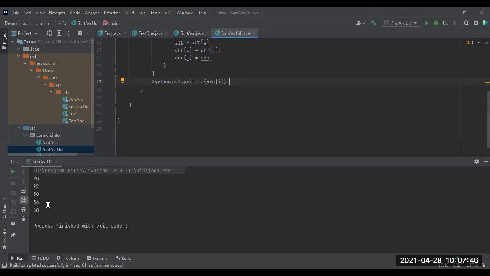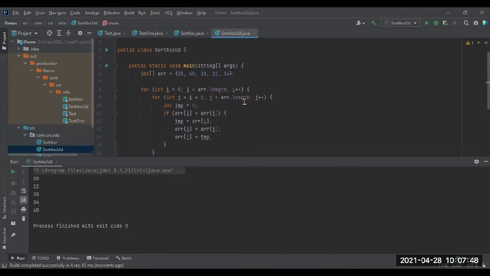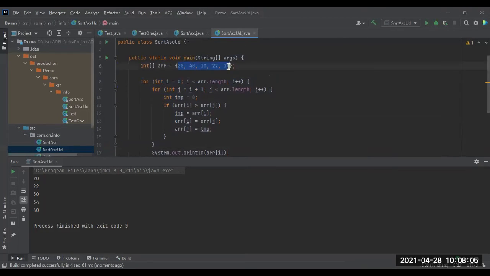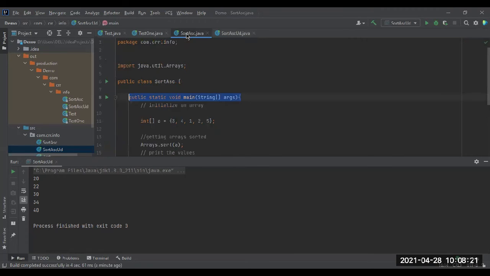So it has been sorted. See, this is not a recommended type of sorting. For a small number of elements it is okay, but if there are 100 or 200 or more elements inside an array, you should not consider this way. This is very bad programming. You should not go this way. First of all, you have to remember in which way the sorting technique is good, so you have to use the one which is good for us.